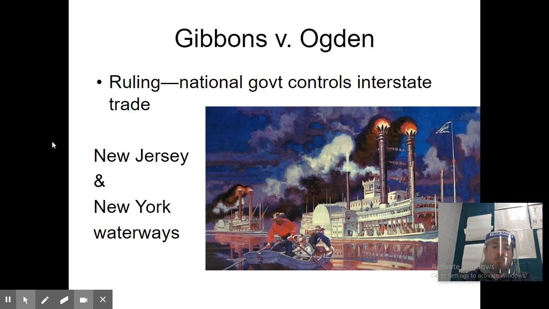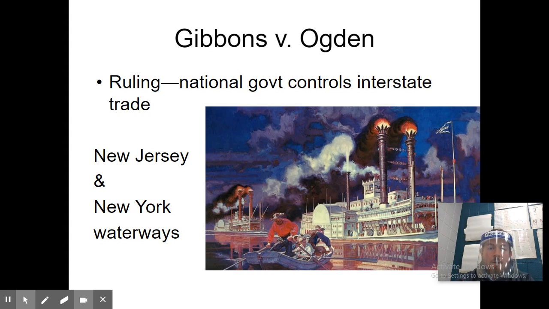Gibbons v. Ogden ruled that the national government controls interstate trade. What happened, this was in New Jersey, New York, they were trying to set a monopoly on the waterways. If I remember correctly, Ogden is the group that had a contract with New York and New Jersey, and they were the people that if you wanted to get on the waterway, you had to basically apply with them